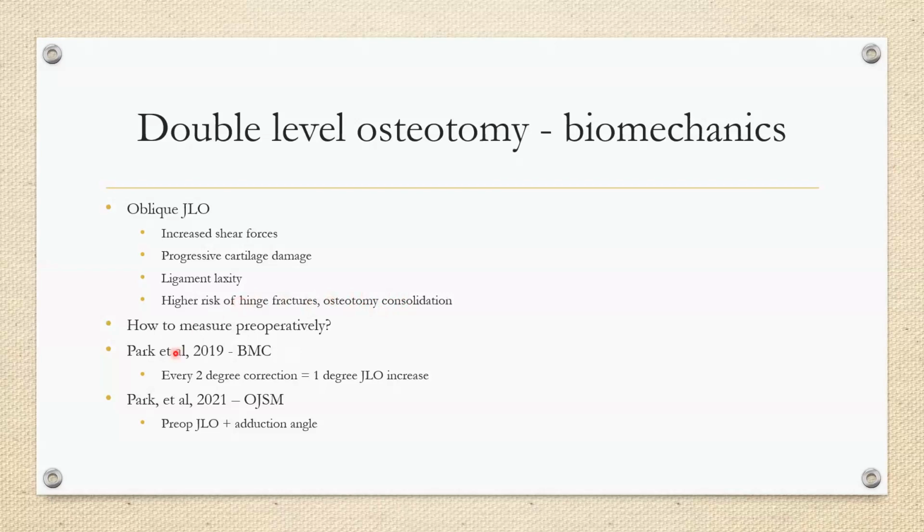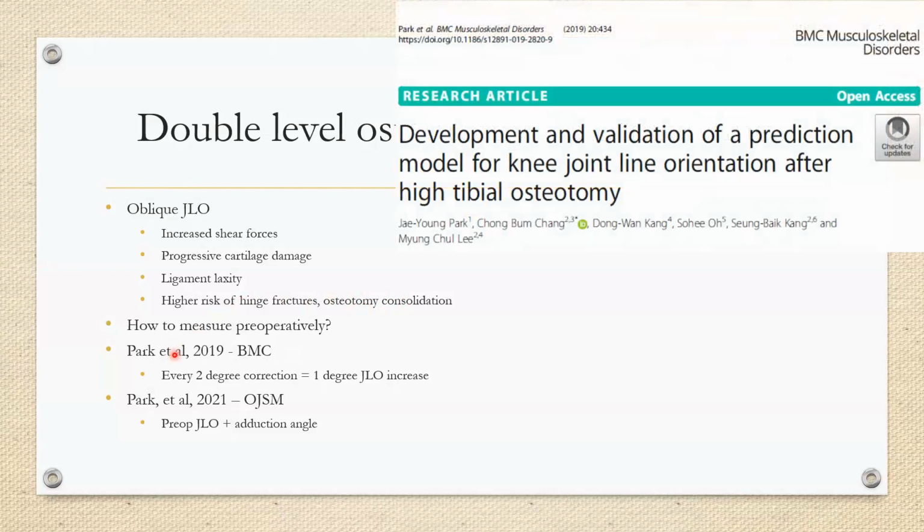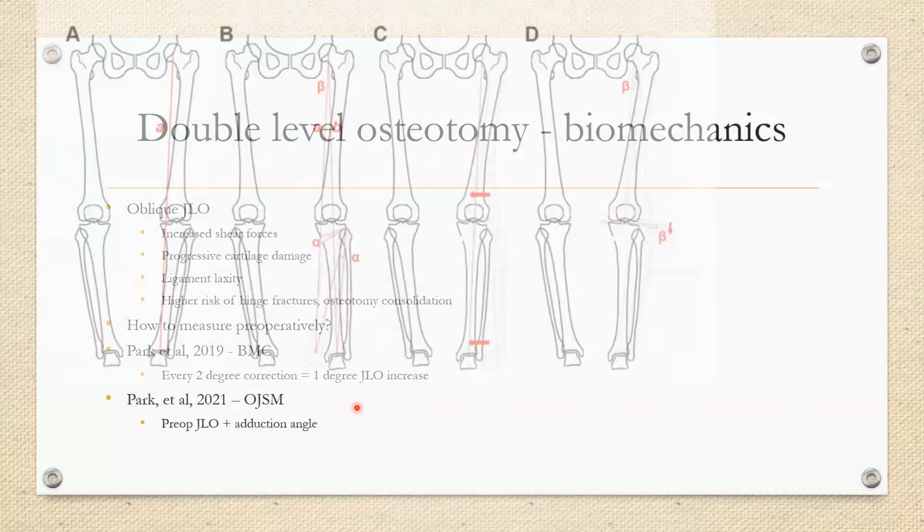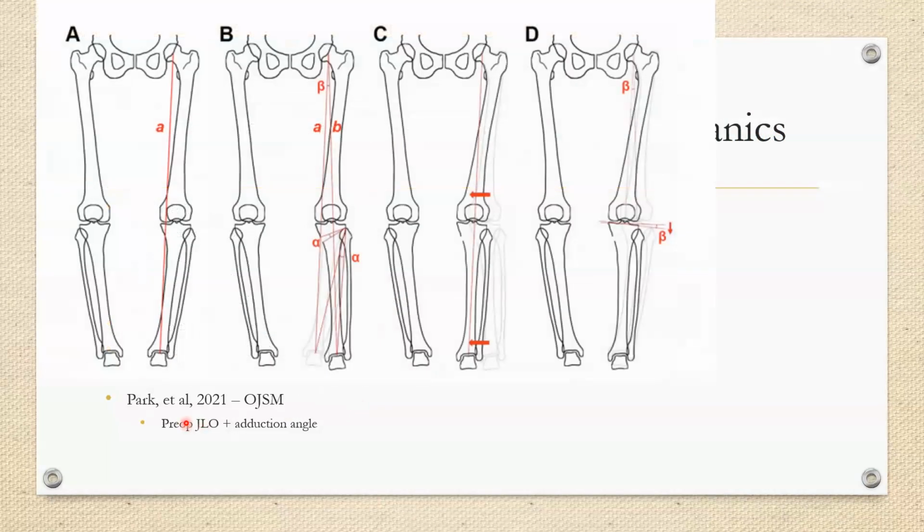This was initially put forward in 2019 by Park et al. in the BMC journal, where they analyzed multiple high tibial osteotomies and concluded that every 2 degree correction of the deformity leads to a 1 degree increase in the joint line obliquity. However, this was later found to be not very reliable. Currently, this study by the same author, published in OJSM in 2021, shows that the post-operative joint line obliquity is not equal to the pre-operative joint line obliquity